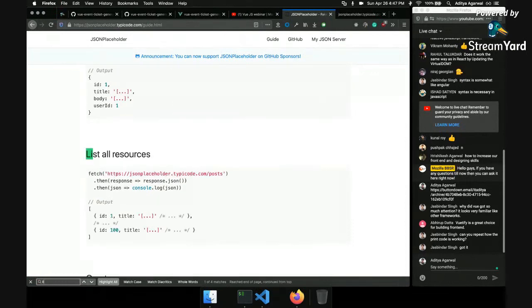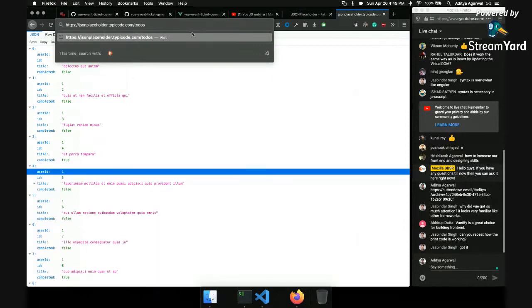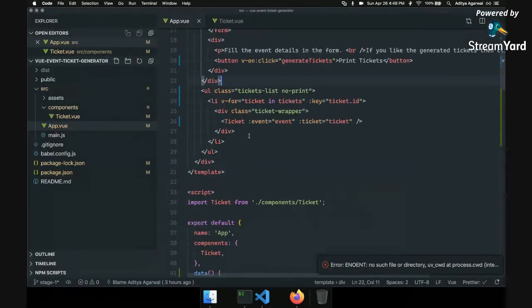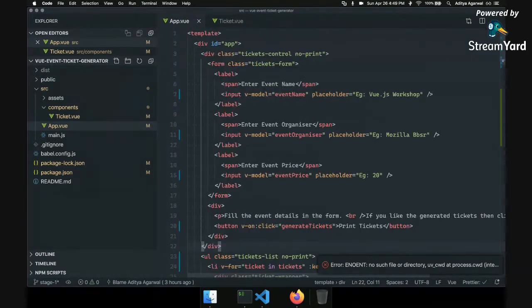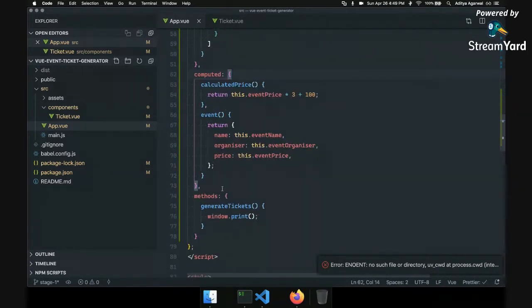Okay, so we don't have a limiting thing here. Let's do this, that we'll fetch this. So what we want to do is make an API call, and whatever the to-dos are, we want to show it in a list. So in our app view, we want to get the data, right? For that, we need some other methods, and I think it goes here.